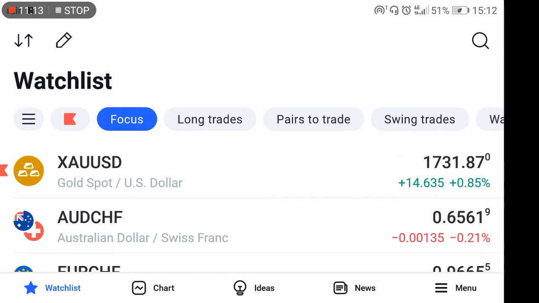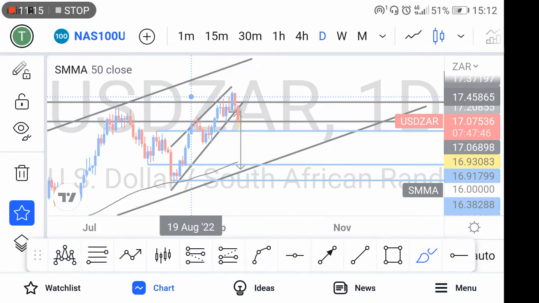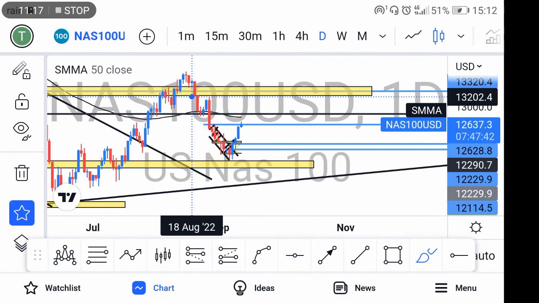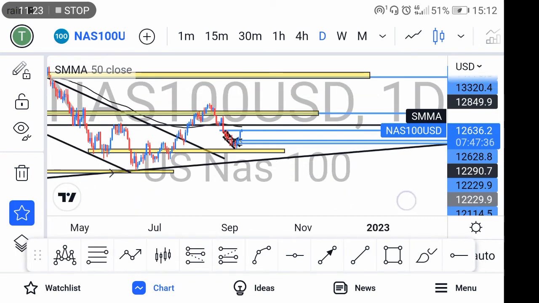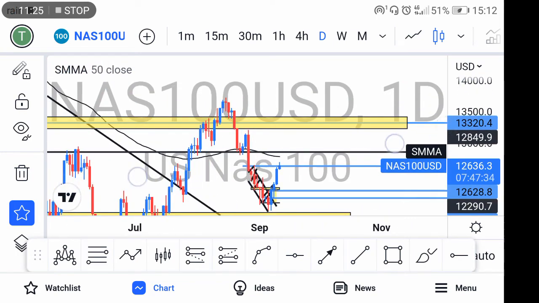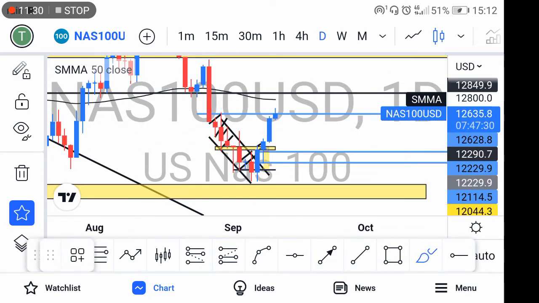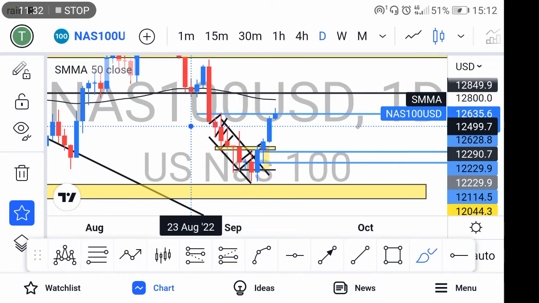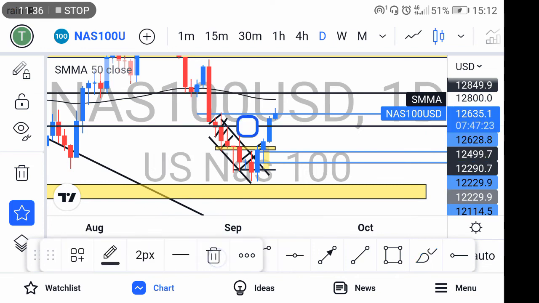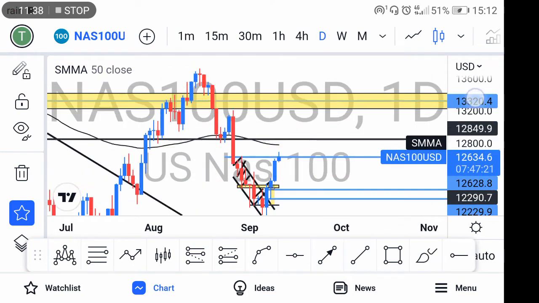Another pair I do have, guys, is Nasdaq. On Nasdaq, guys, I don't believe Nasdaq is yet ready for buying opportunities. For me, guys, I will just show you, because now you can see it completed this 90% rule of this channel here. So the reason I'm saying it's not yet confirmed for a buying opportunity, we can see where this head